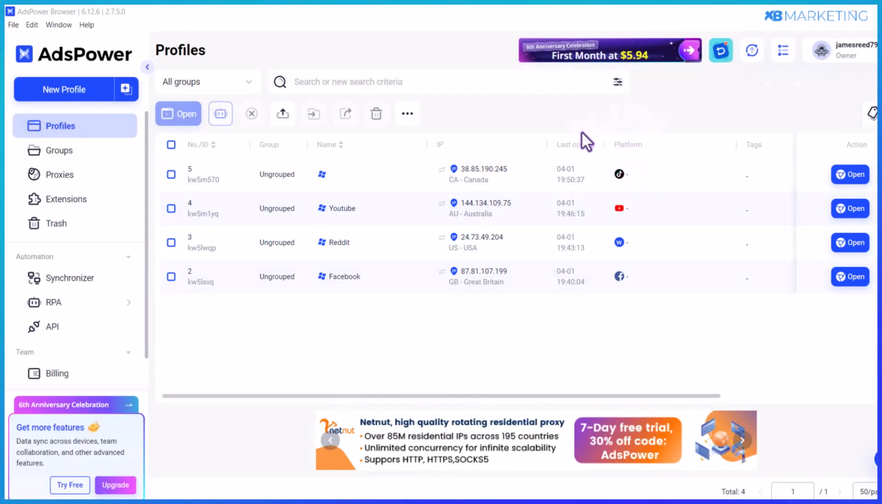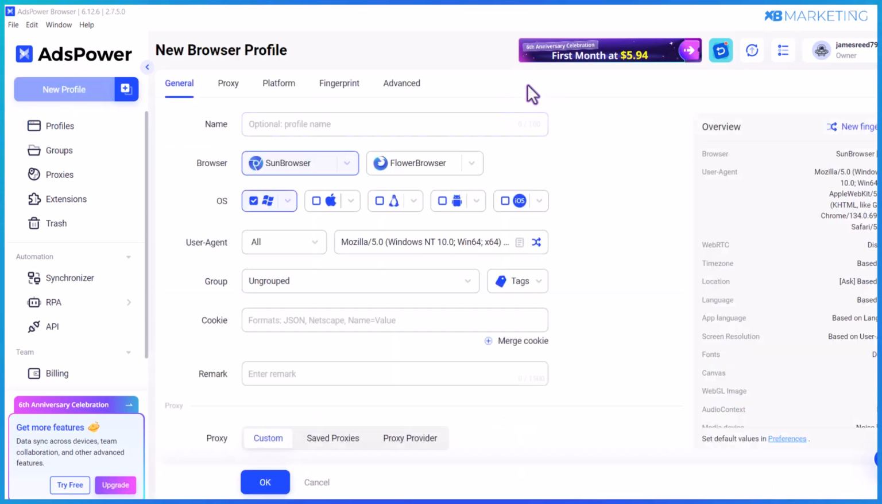So the very first thing you want to do is to come over to where it says new profile. So once you click on that, this is where you want to give your profile a name, and you can use any name that helps you remember this profile. So I'm going to type in something like Google Ads. So once you type in Google Ads as the name of the profile, you then want to select the